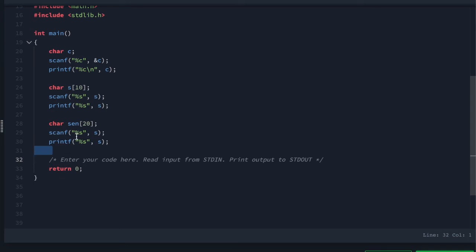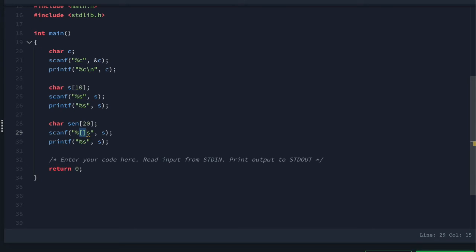For this we have a scanset attribute, which we can add in the first parameter of scanf, which represents that it should read completely until the end of what the user enters.